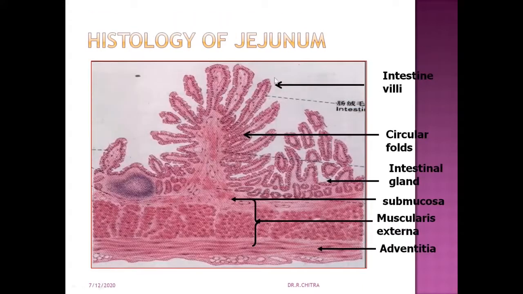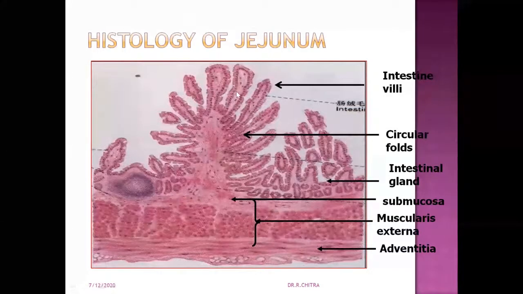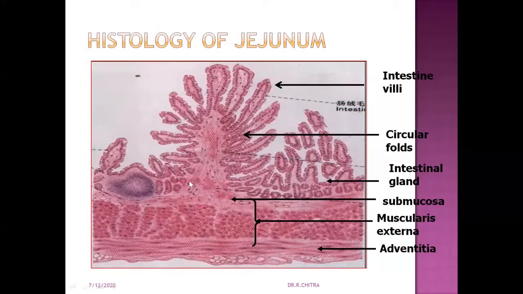So these are the broad villi, tongue shaped, as it is peculiarly called. So this is the histology of the jejunum. What you can't observe in the histology of the jejunum, to differentiate it from the duodenum, is any glands in the submucosa. So if you see the villi and submucosal glands, that slide is the duodenum. If you see the villi and no glands, then that slide is the jejunum.